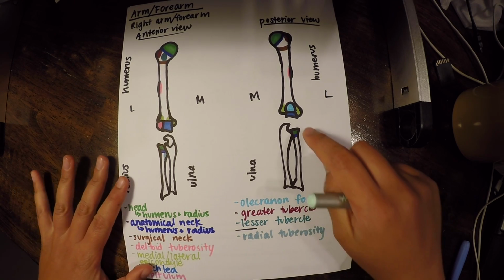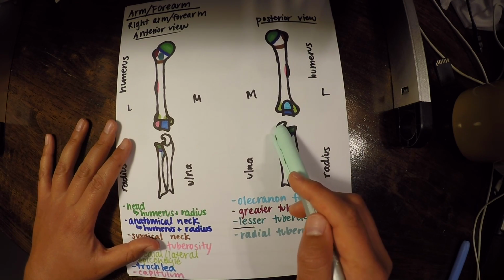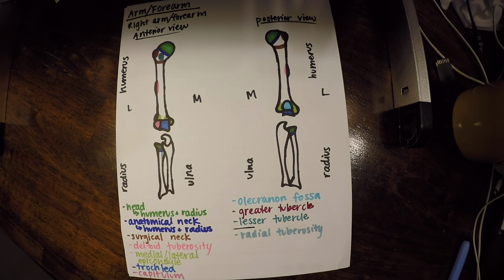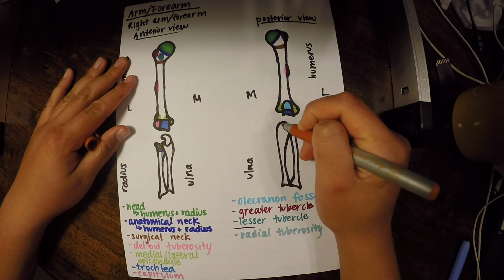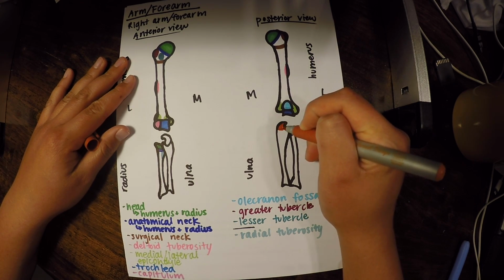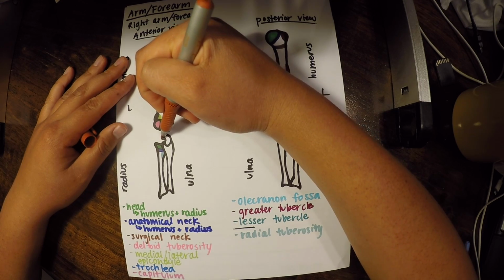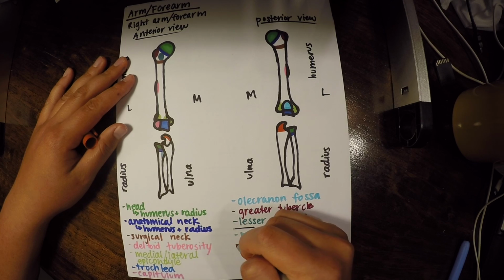Now remember, we have this olecranon fossa, and that's basically a little hole or divot to make room for something called the olecranon, which is right here. The olecranon, it's actually called olecranon process, is this structure right here. And then you can also see some of it alongside the anterior side. So I'm just going to draw a little outline of where that is.